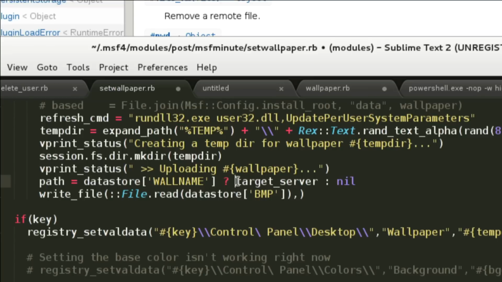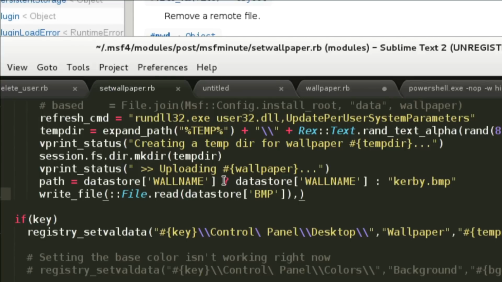And then if the data store wall name makes it nil, we don't want nil. We want it to be Kirby, right? Yeah, we're just going to go ahead and make it Kirby.bmp. This way we just couple that bitmap file with the post module. Yep. So we then put in here,